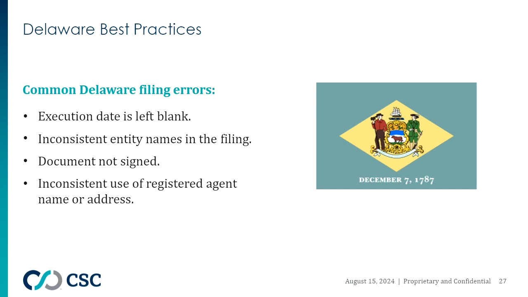Ideally, your document should be typed, but if it is going to be handwritten, please ensure that it is legible. And lastly, CSC's name must be listed as Corporation Service Company, and the address must be listed properly as well, which is the 251 Little Falls Drive in Wilmington, 19808. And only corporation filings require the county to be listed, which is Newcastle County.